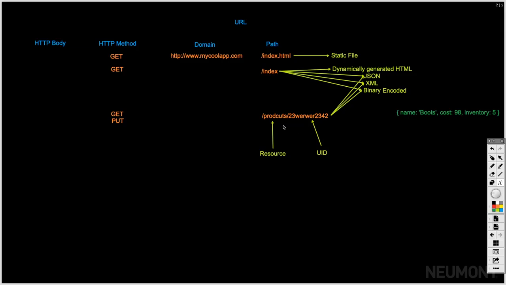So with that, when we do a GET, and let's highlight that using a different color so we can show the GET coming in. When we have a GET, the GET is requesting a product, so a particular resource that we're calling product, and we want the one that has this particular ID in it. So we probably should have added an ID to this particular dummy object that we have right here, this representation of it. So let's do that really quick, just so we can stay 100% together on this example. So we're going to make this just a little bit bigger, and we're going to say that we have a product with a name, and it is boots. And we need to make sure that we actually have an ID in here. We're going to say that this boots object has an ID of